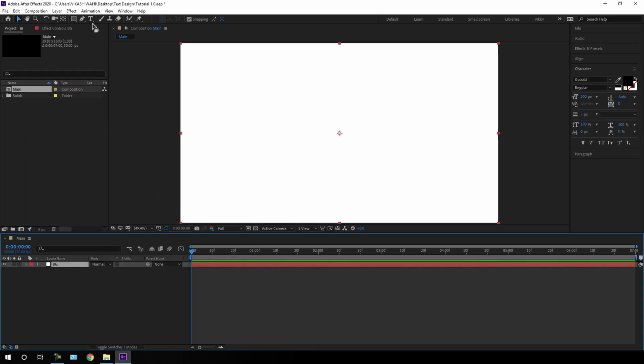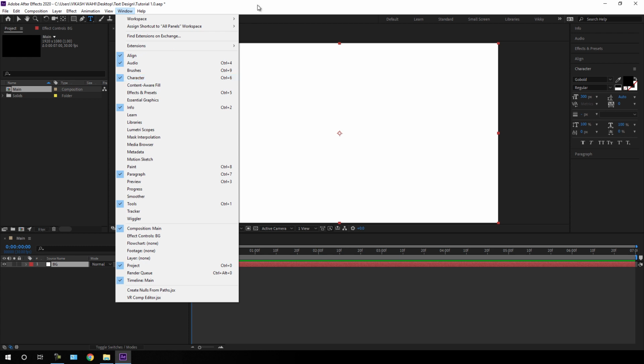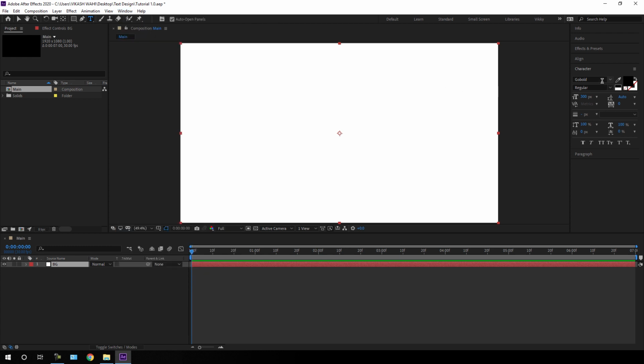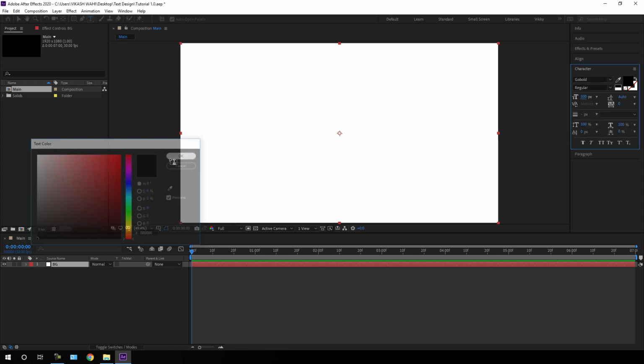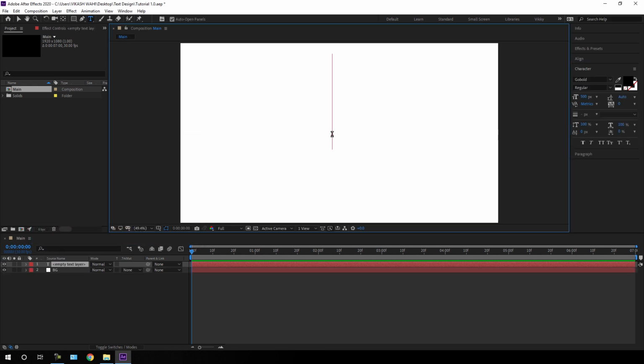And now just select this text tool and go to this character. If you can't see this character, then go to window and check this option character, and here we have to select a font style. So in this case I'm using this Go Bold font style that I have given a link in the description. So just go to the link and download this Go Bold font style if you want, and set the size of this text something around 500 pixel, and set this line spacing auto, character spacing 0. Select this pure black color, click over here and type your text,